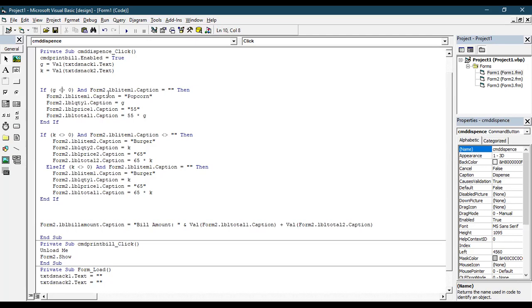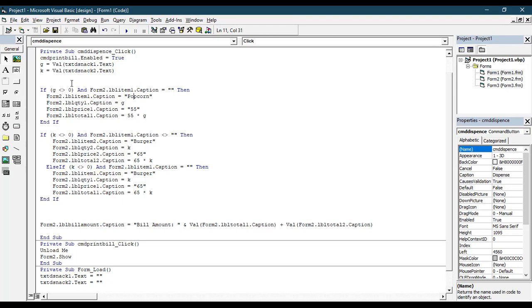and form 2 caption is not null, then you need to display the item in form 2, not in form 1. In item 1, the caption is popcorn. This entire line tells that you need to display the value popcorn in the next form, not in this form.